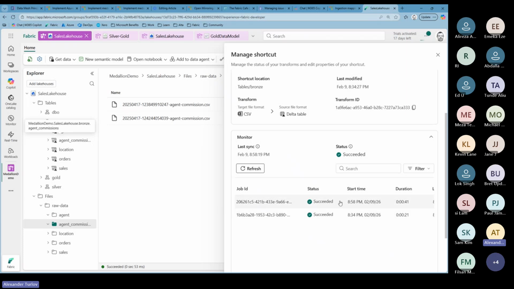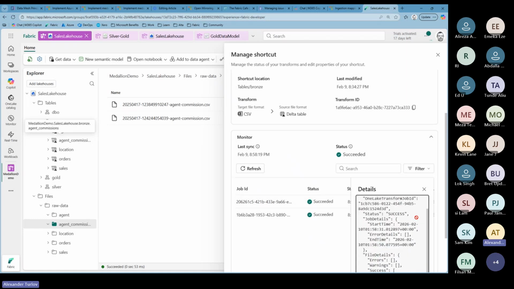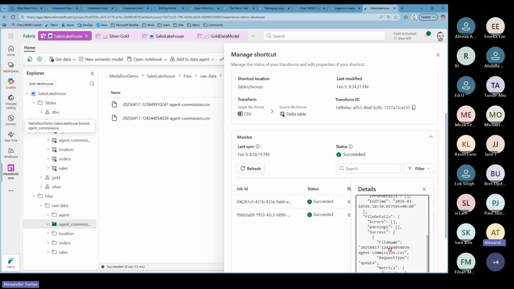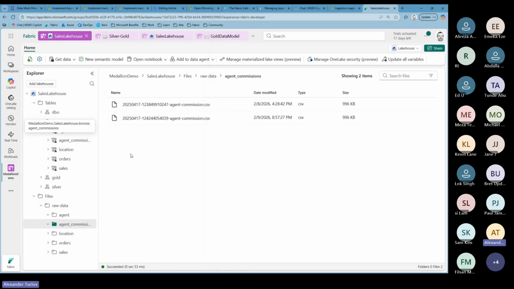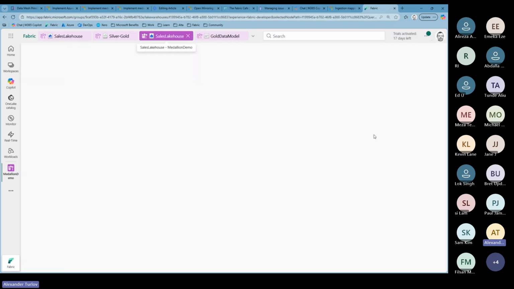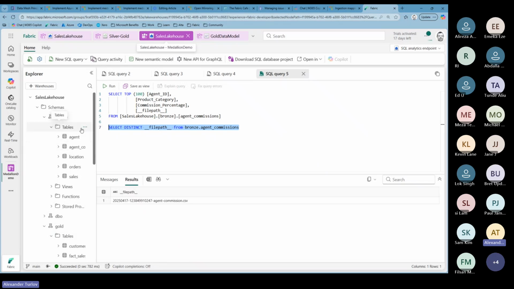Now, technically, what happened here is what it says. That was the operation, one leg transform with the status success. And what it did, it picked up a new file, and you can recognize that 1244 right here in the name. That's the file that I uploaded. Right now, how we can verify it is we can go right here, back here, and we can refresh our